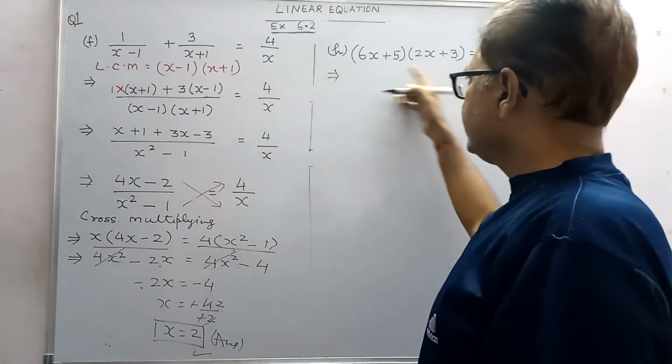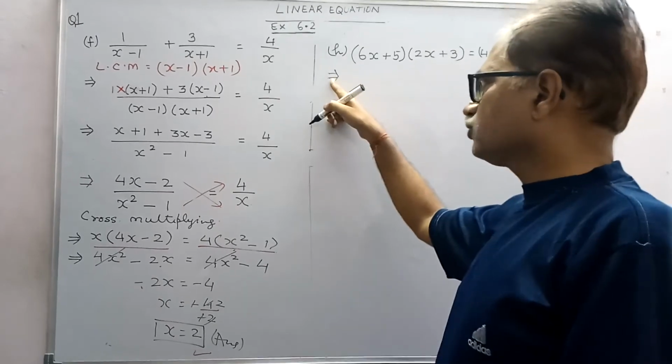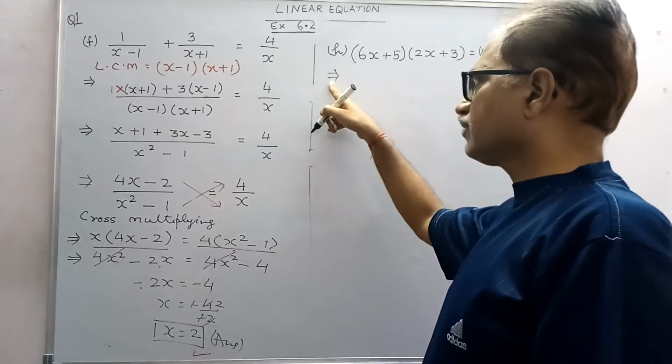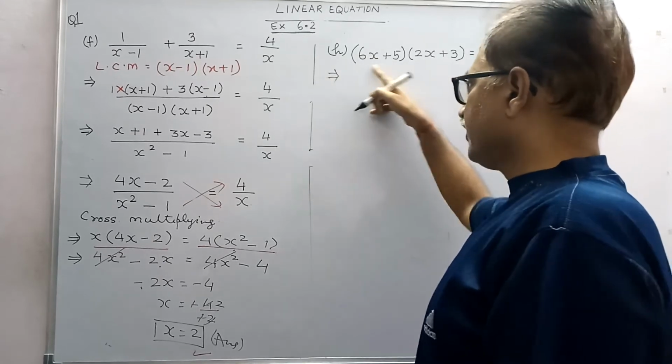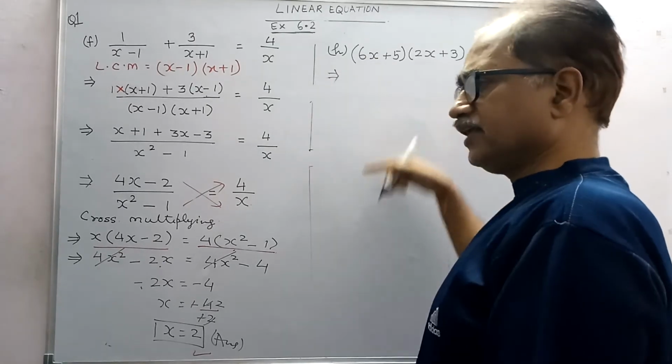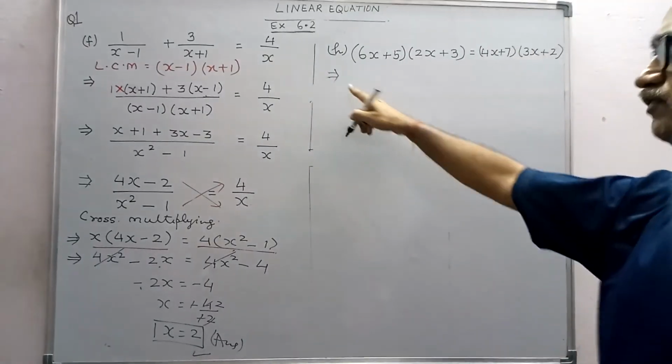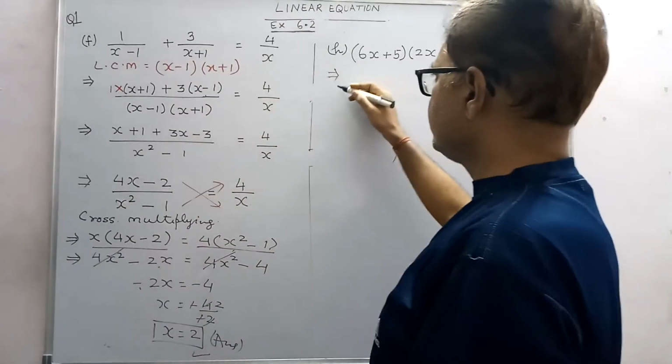whenever you take a linear equation, there is an equal sign. You can't put two equal signs in the same equation. So here we write implies that. This implies that. When you solve this, you will get the next step and then the next step and then the next step. So we write this sign of implies that. This implies means this means.